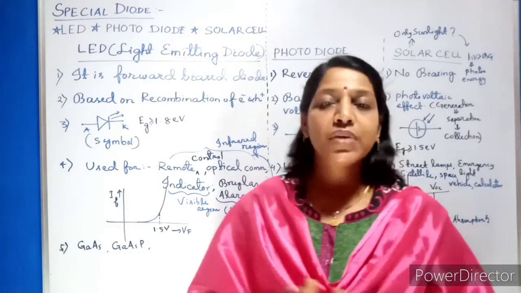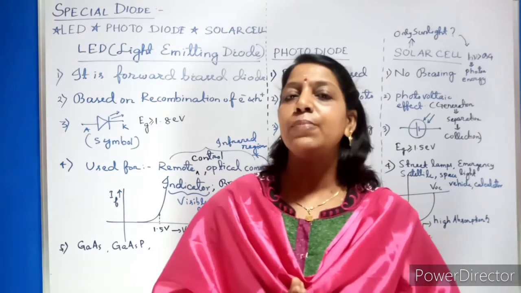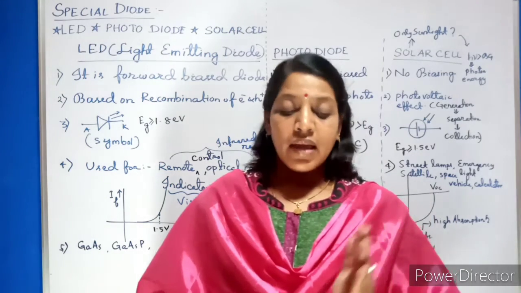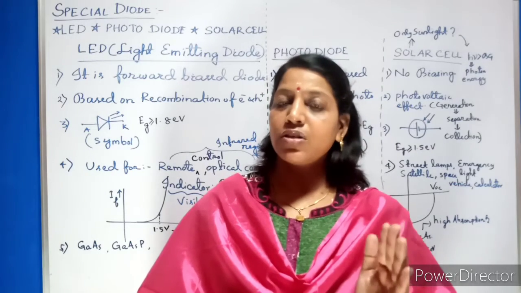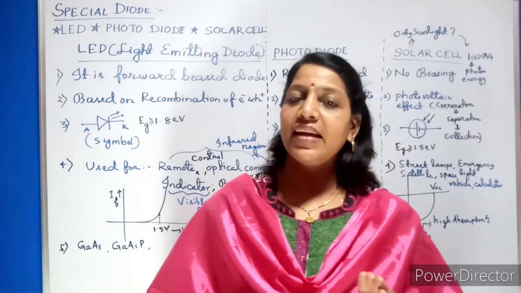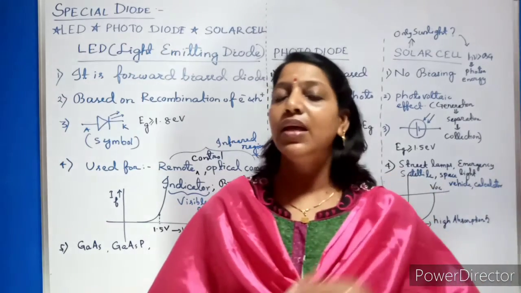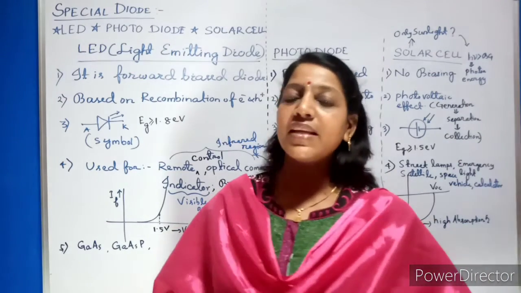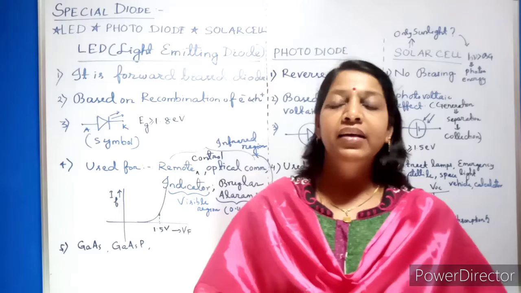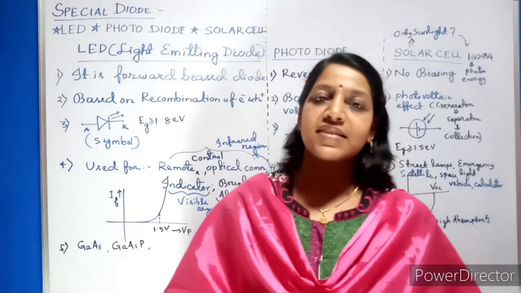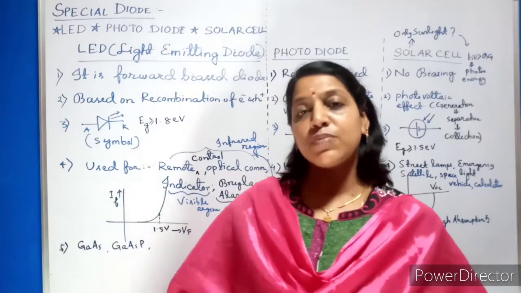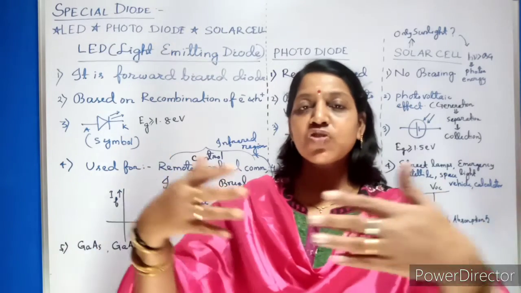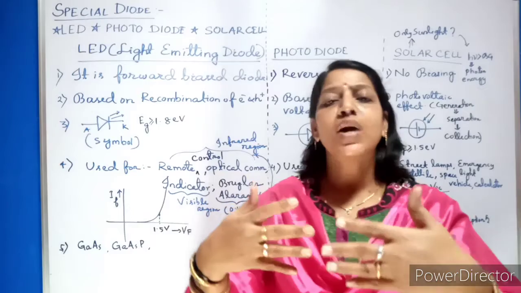Now coming to how it operates, as I already explained in your ordinary PN diode. When your PN junction is forward biased, what will happen? Your N side is given to negative, so the electrons, the majority charge carriers in the N side, get repelled due to the supply. So they will try to move towards P. Similarly, on the P side the majority charge carriers are holes. By getting the positive supply, they are also repelled from the battery side. So they both try to come towards each other.